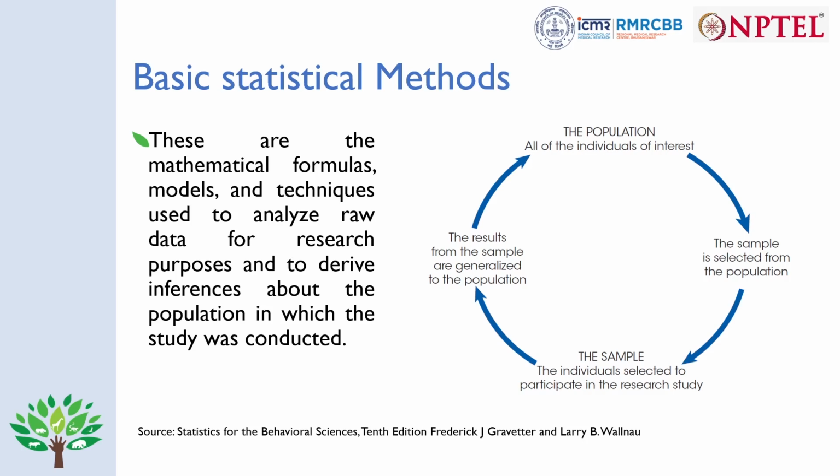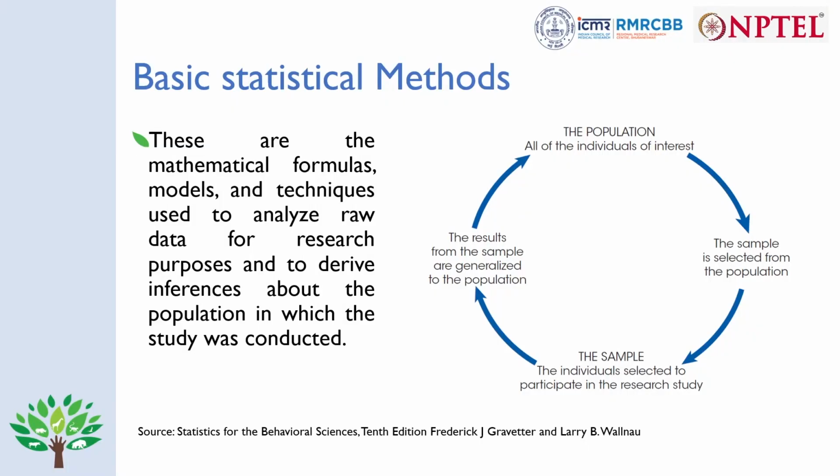So in any research, we start with a population. The population we call the study population. That means all the individuals of our interest are known as the study population. It is not possible to do the study or measure the whole population, so we have to take a sample from the population. The sample which we take from the whole population is known as the sample, and we usually measure the individuals inside the sample, those who are selected to do our study, to do our research.